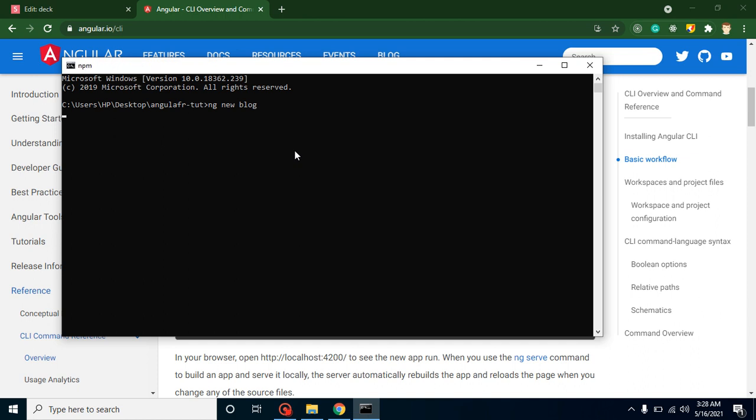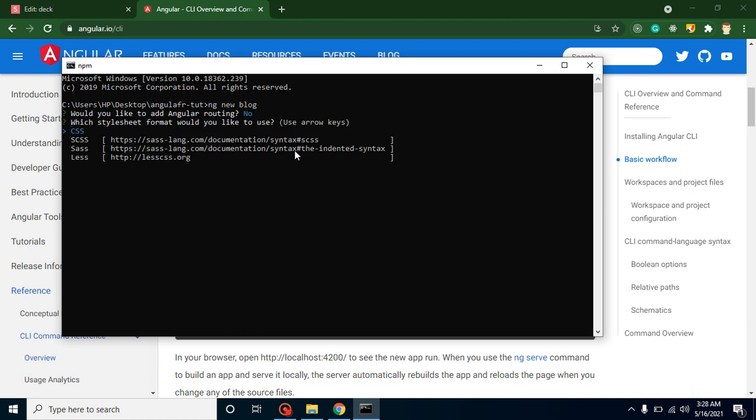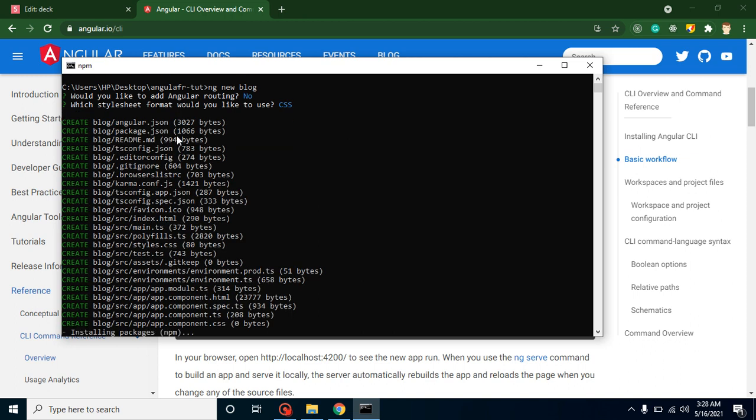Now it will ask some questions, like whether I want to install routing, whether I want to use CSS and all. So you can choose. For the moment I don't need routing, so I can simply use n. After that it will ask whether I want to use CSS and all, so I just need CSS for the moment and we can just press enter. Now it has created some files and is installing the Node.js packages, so npm packages. We can wait for a moment again and our setup will be here.